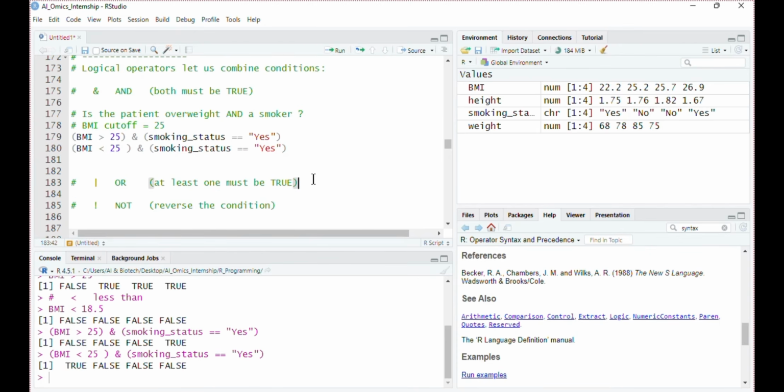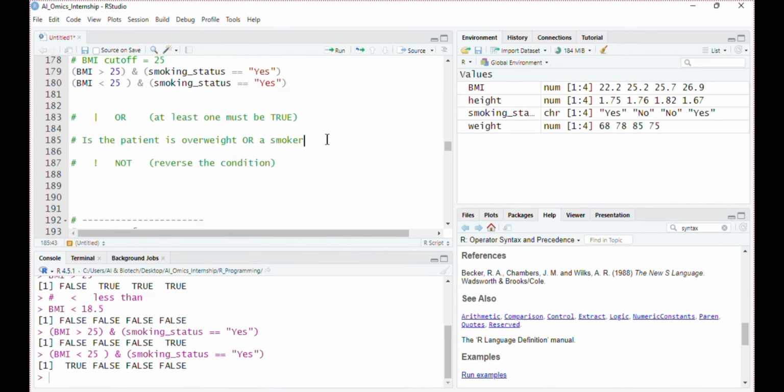Let's check another condition with some flexibility, like is the patient overweight or a smoker? This time, R will check both conditions. If any condition is true, then it returns true.